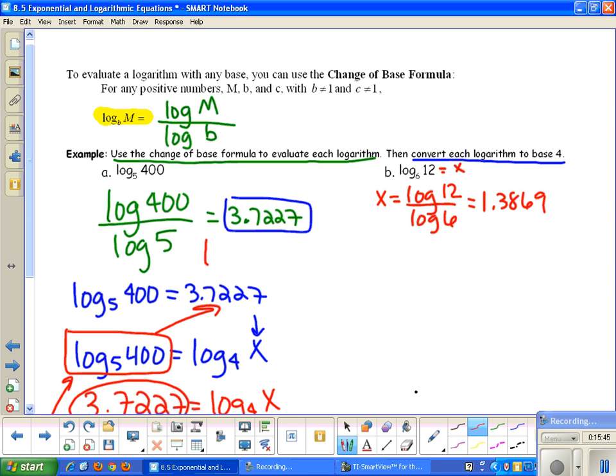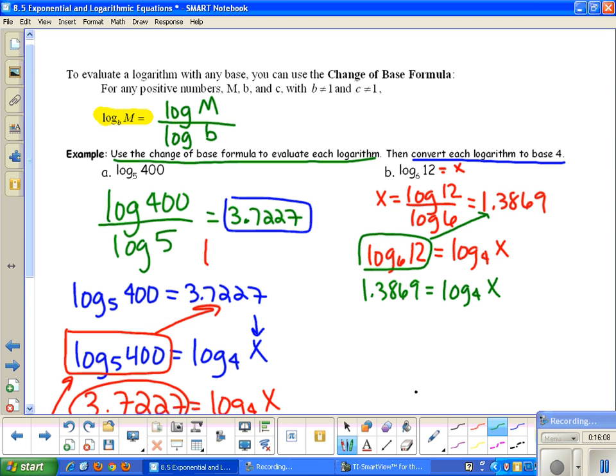Now that I have that, I want to figure out the log base 6 of 12. I want it to be equal to the log base 4 of some number. I know that this is equal to this number here, so I'm going to just replace it in my equation. 1.3869 equals the log base 4 of x, and then to solve this I just have to put it in exponential form. So 4 to, and this is my exponent, 1.3869 equals x. So then in my calculator, if you plug that in, you get